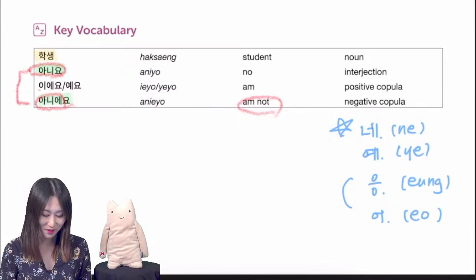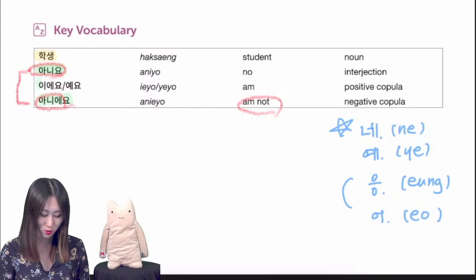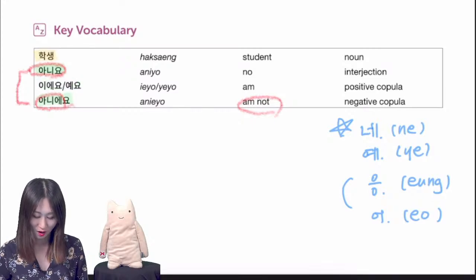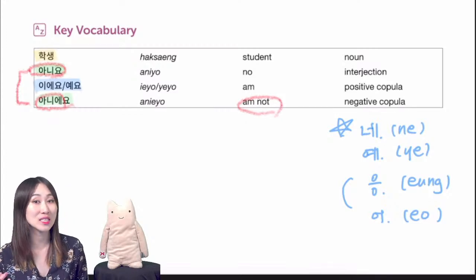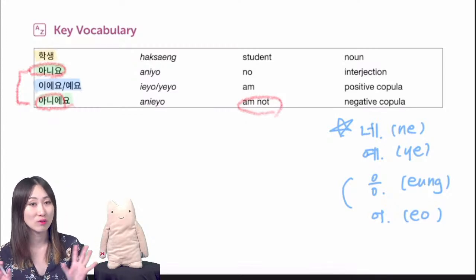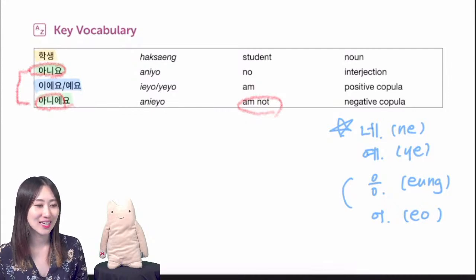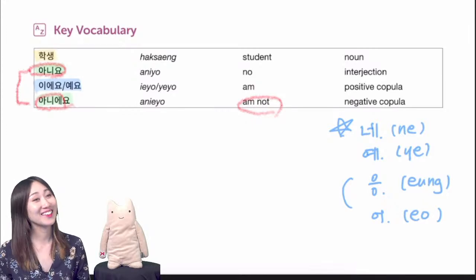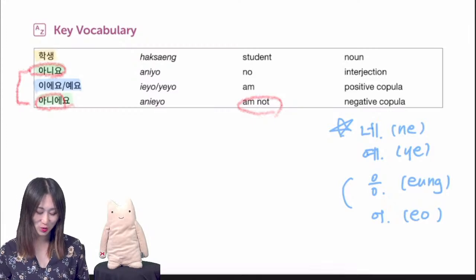And next we have this, 이에요 and 예요. Let's look at this word. 이에요 and 예요. I told you they are the same. It means am or are or is. It means like "to be", right? Be. And why are there two versions? It's so confusing. Katie, that's a good example. Okay, so I'll show it to you.